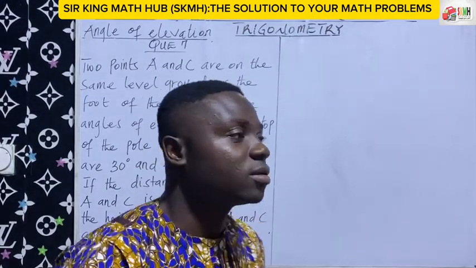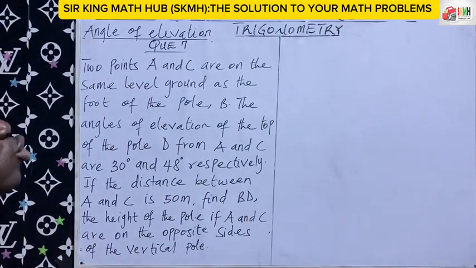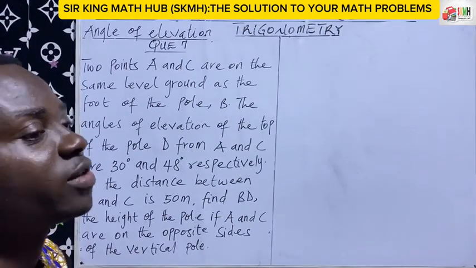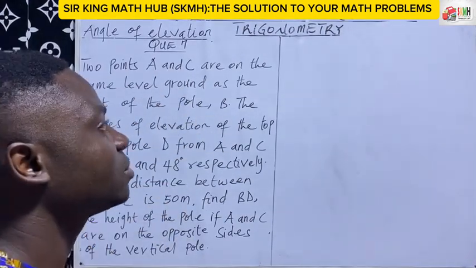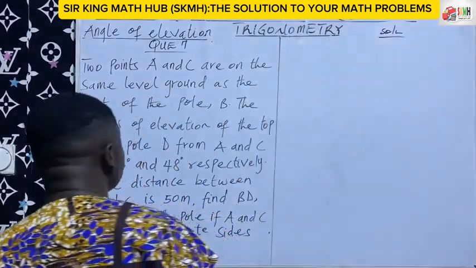Still on trig, angle of elevation. Question number 7. Two points A and C are on the same level ground as the foot of the pole. So this statement here should guide us to draw something on the board. So now,